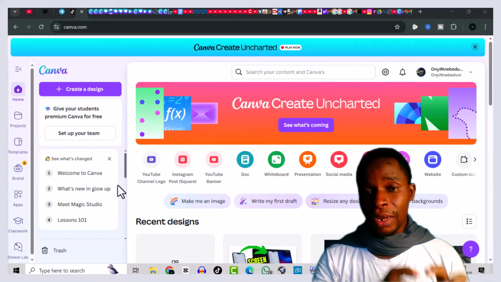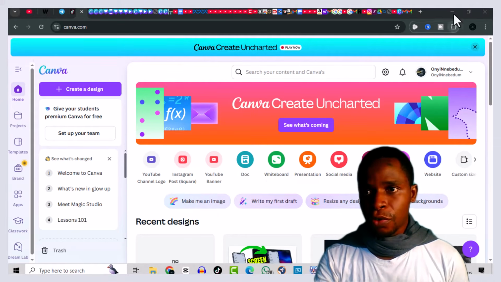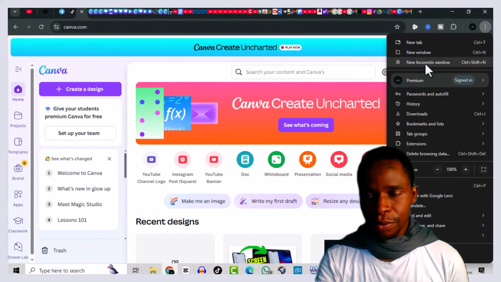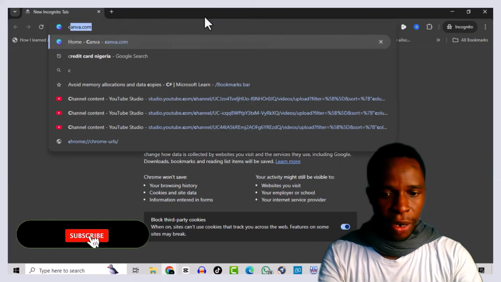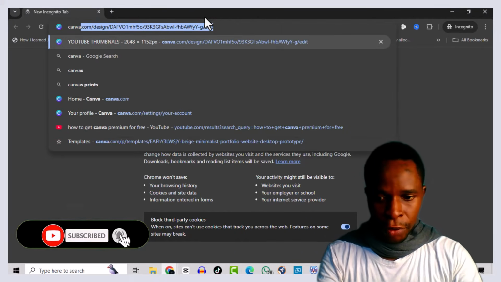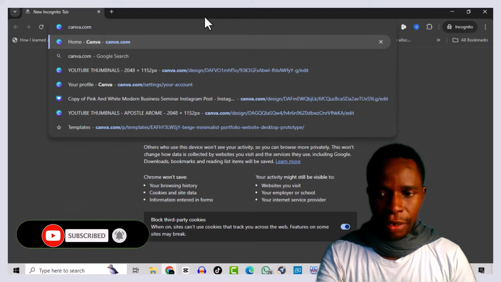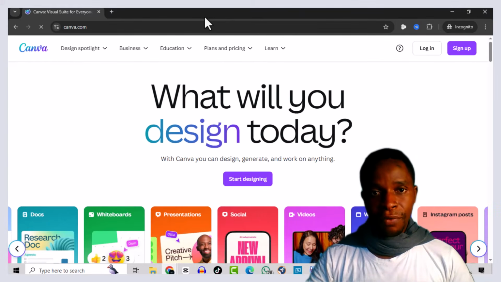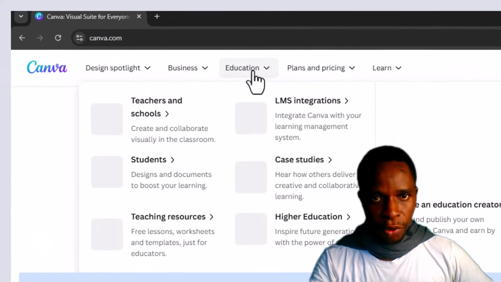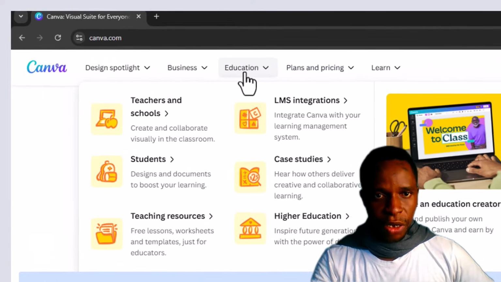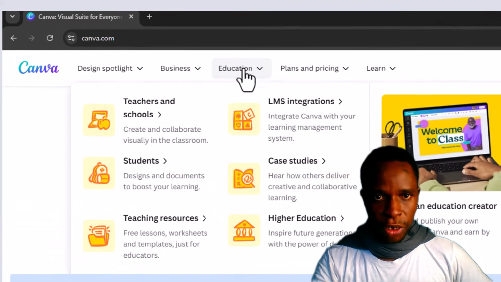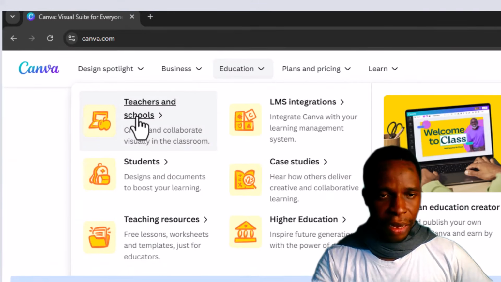So once you have signed in, then let's open another browser here, maybe incognito now. Head over to Canva. canva.com. Okay, let's get to canva.com. So once you are here on canva.com, take your mouse over here where you see education. Okay, don't go to sign up and don't go to sign in, just come to education, put your mouse here, and then head over to teachers and students, click on it,